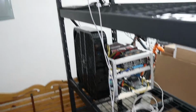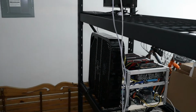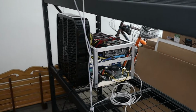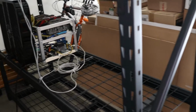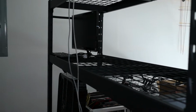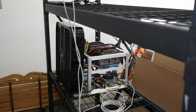I'm still waiting to get the electrician out here to put the 30 amp breakers in, so I don't know how long that's going to be. The other problem I have to deal with is getting the heat out of here. As you can see, I cracked the garage door, and that keeps air flowing in to some degree, but I've got to build a system to help ventilate. One possibility is to cut into the wall and have an 8-inch type vent to pipe air out and then pipe in. Another possibility